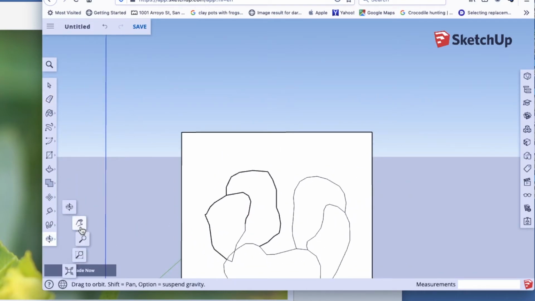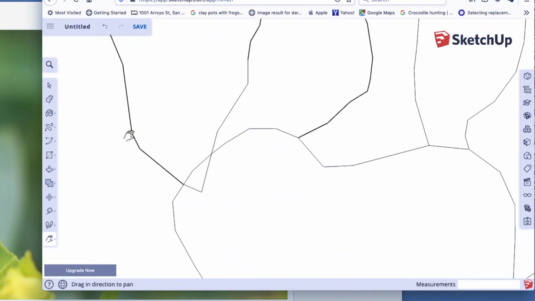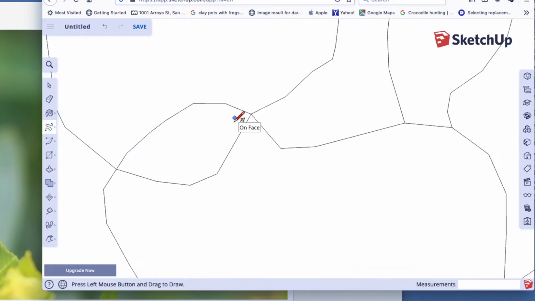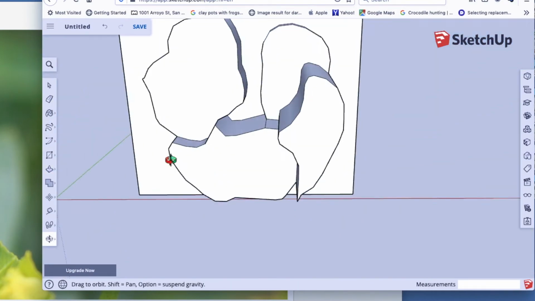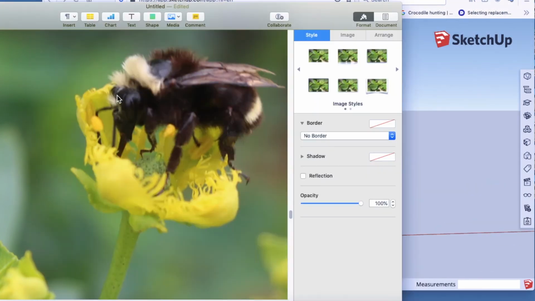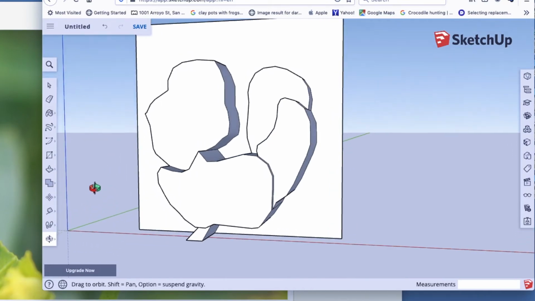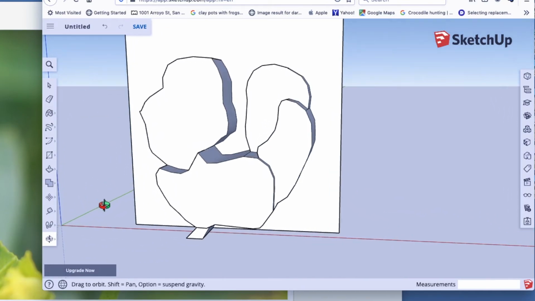Now, when you work with Google SketchUp, you're going to be playing around. Going again, where the bottom of his thorax is over here, falling off. Okay, very good. Okay, so now I want to orbit this so I can actually see my orientation of everything